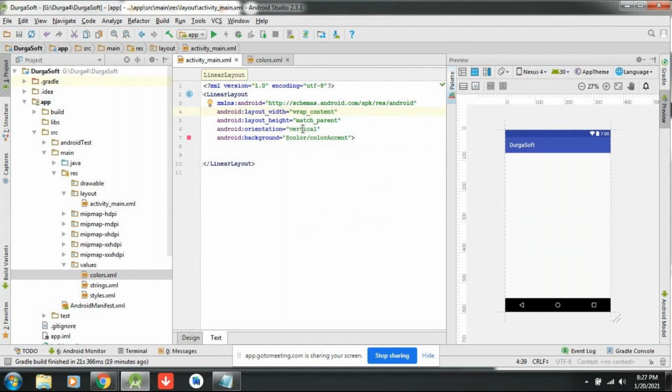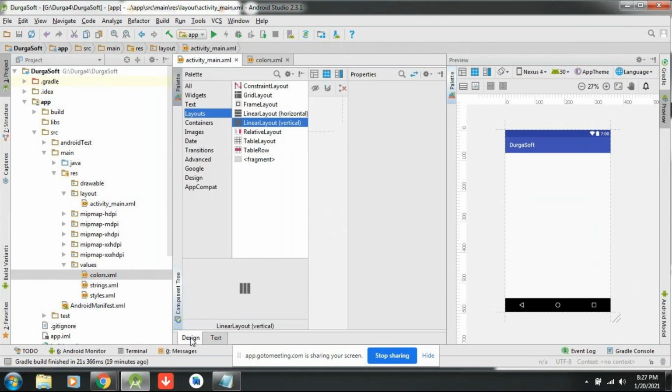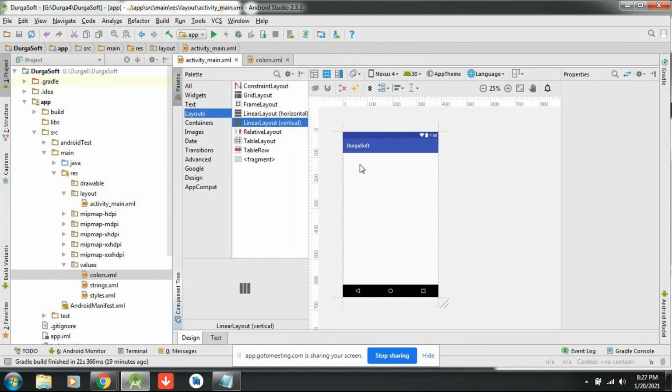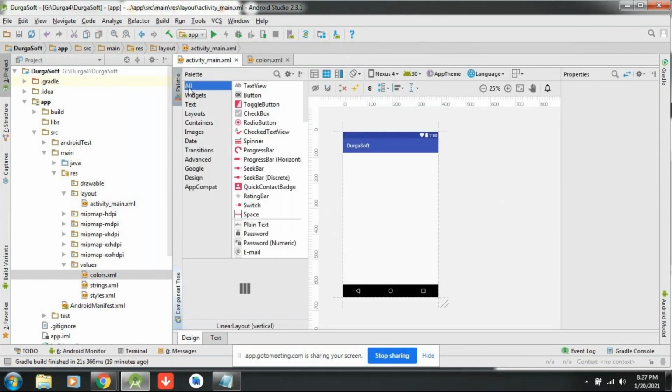And one more question here. Can I mix wrap content with match parent like this? Yes, there is no restriction. You can use any kind of width and height property. There is no restriction. So now width is wrap content, height is match parent. Inside this, I am trying to drag and drop a button.